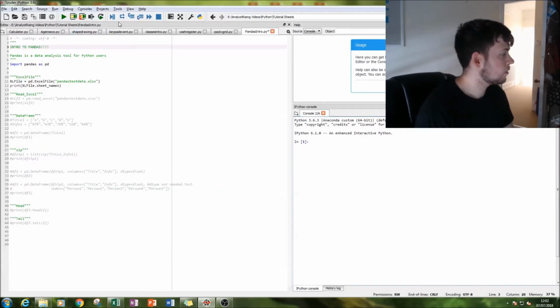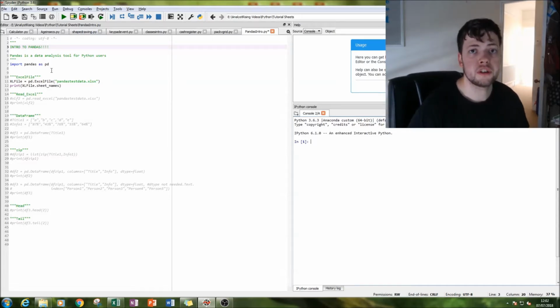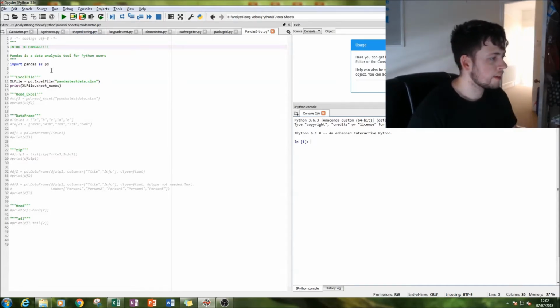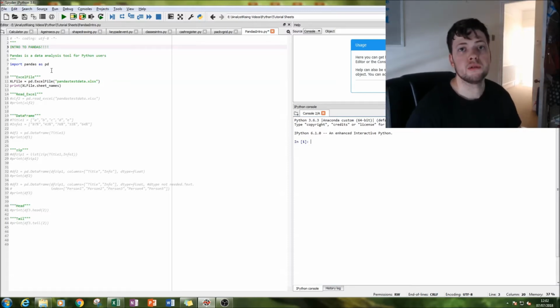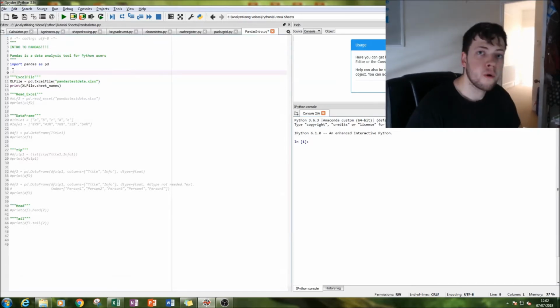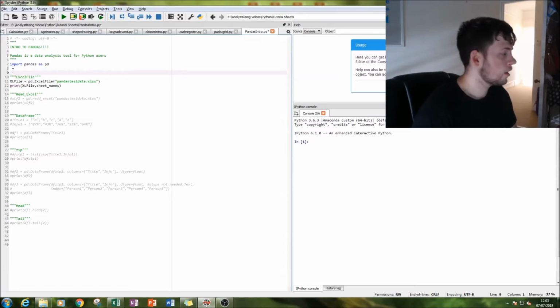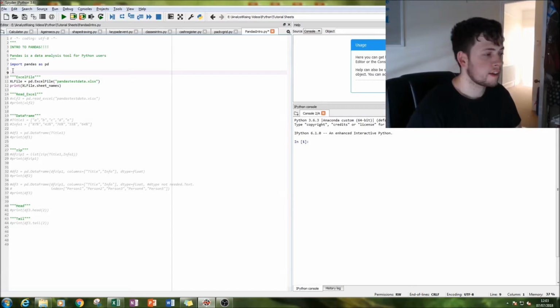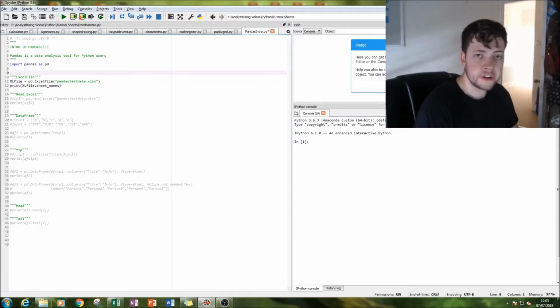this pandas tutorial, because what pandas is, it's pretty much a data gathering tool and a data analysis tool for Python. So I'm going to be showing you how to import Excel files, read Excel files, create data frames, create tables, and then only print out certain sections of the tables from Excel. So let's get started. So first thing I'm going to do is show you how to use the Excel file